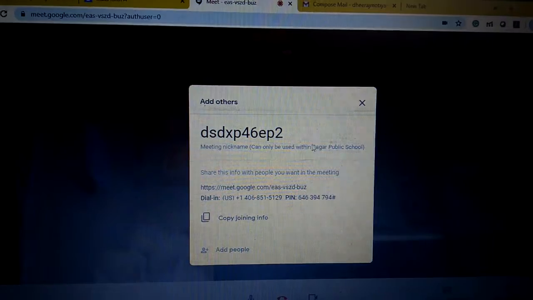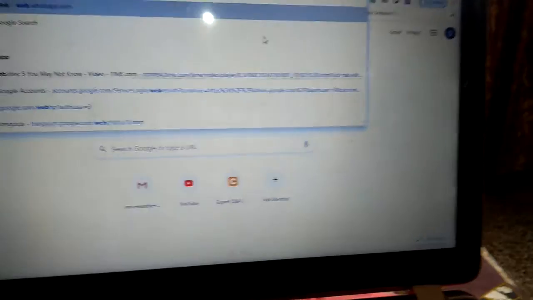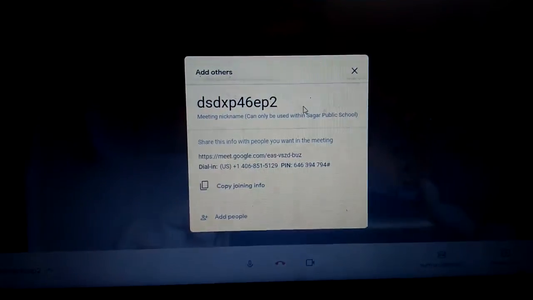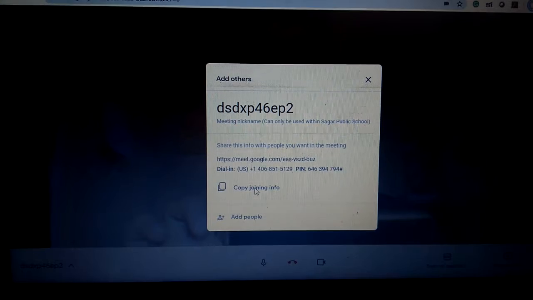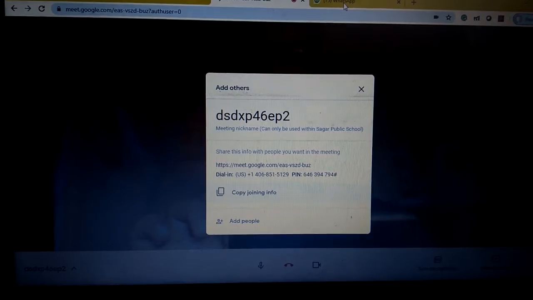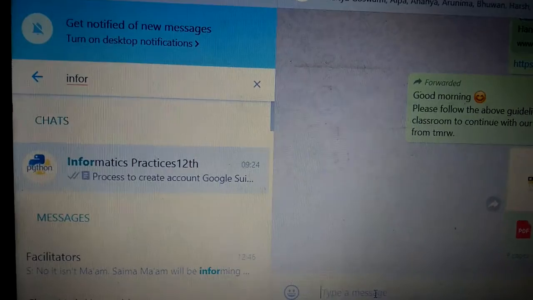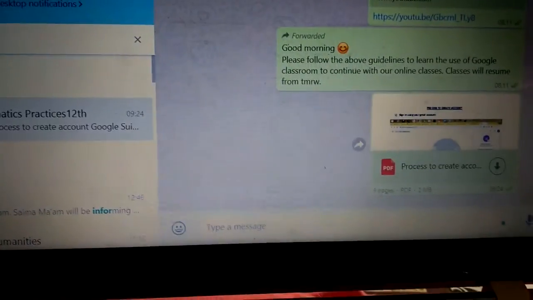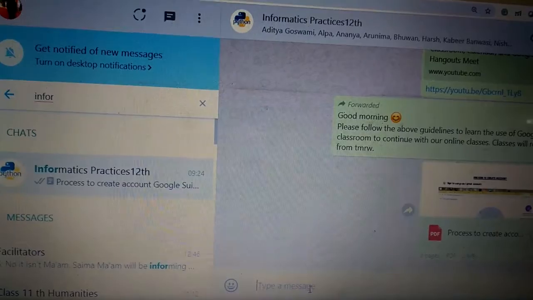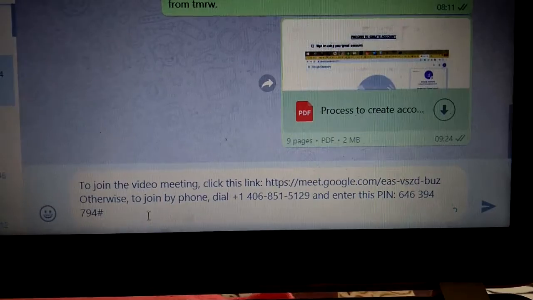and you can go to the WhatsApp. So now I will be copying this info, this URL. I'm copying this URL and moving to the WhatsApp window. I'm moving to my group, broadcast group. I'll be posting my message here with the URL link which I have shared.